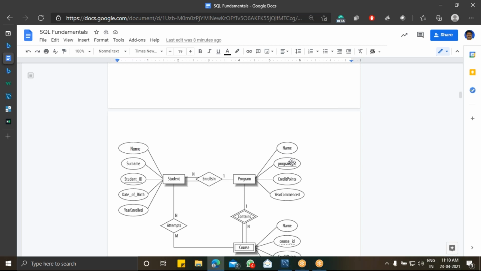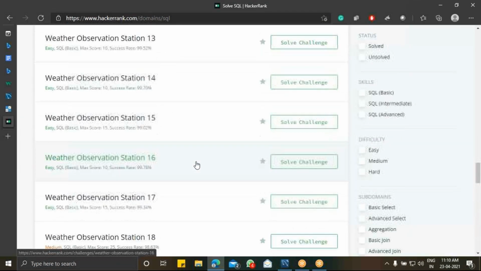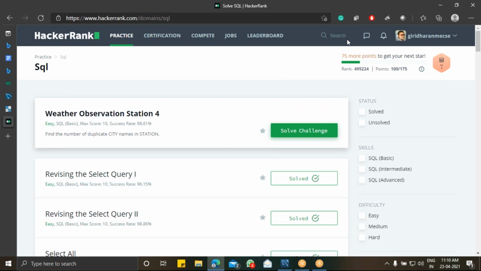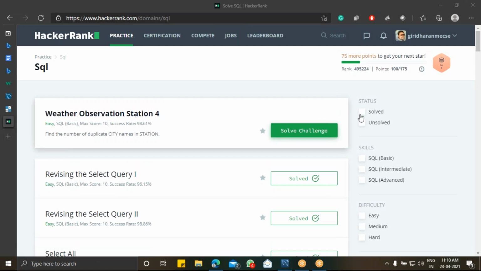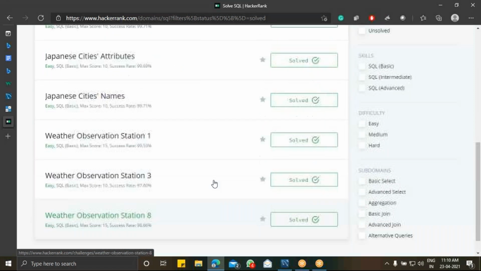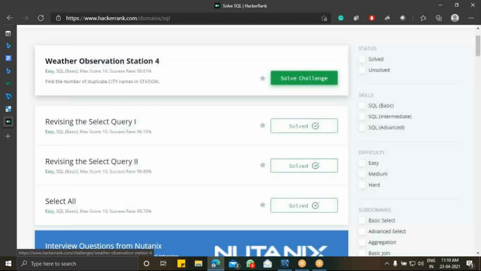Okay, no doubts, then fine. So start practicing, guys. I want the number of solved count from this MySQL module in HackerRank. So the total number of problems you have solved in it. I'll be collecting the number of problems that you have solved in this SQL module. By end of tomorrow, I'll be having all these solved problems list. So I want every one of you to start working on it.